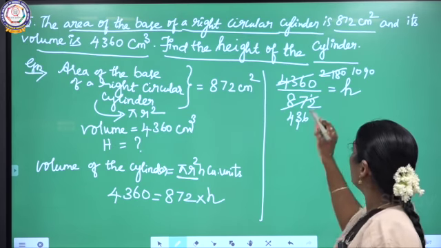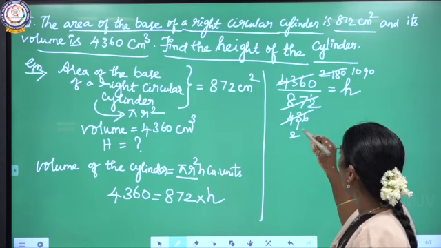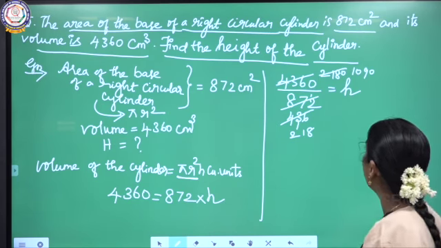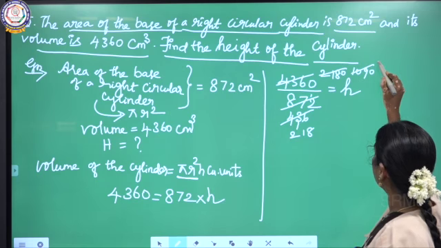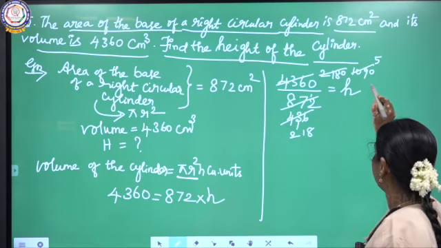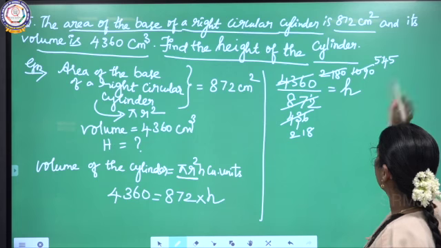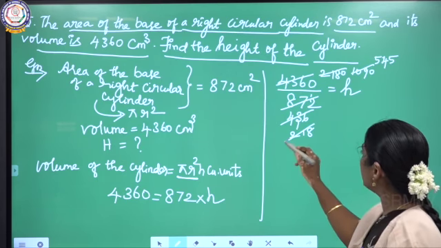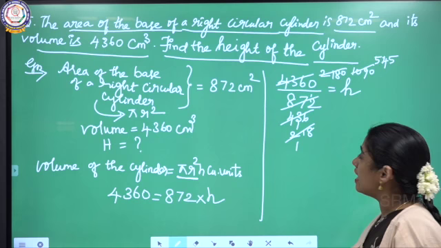So 0. Next 2 2s are 4. 1 8. Again I can cancel this in 2 table, which is what? 2 5s are 10. 2 4 5s are. Again I can cancel this in by the 2 table. 2 1s are